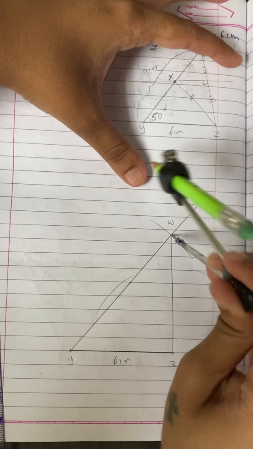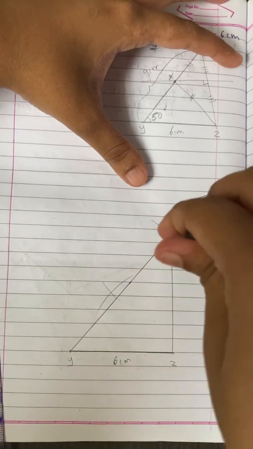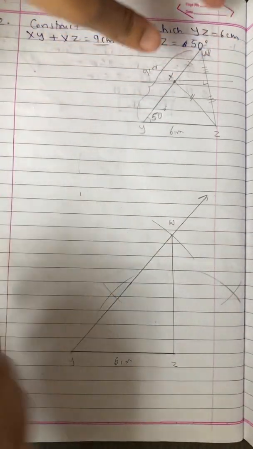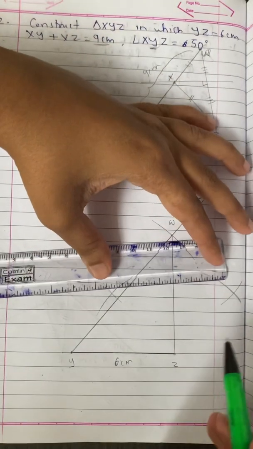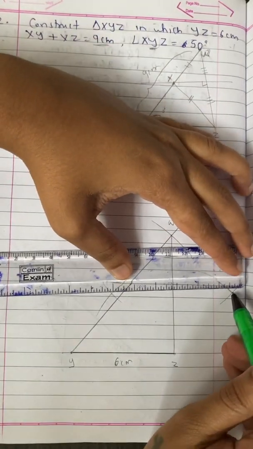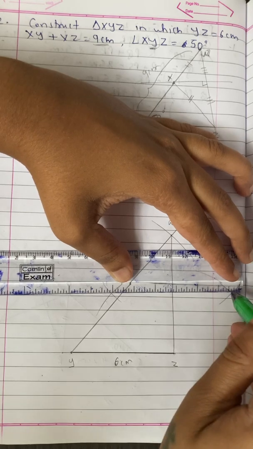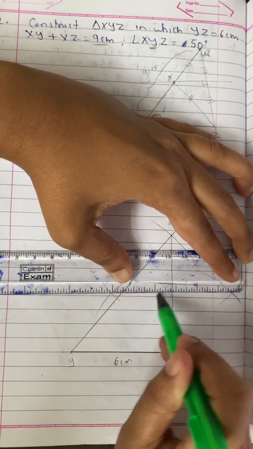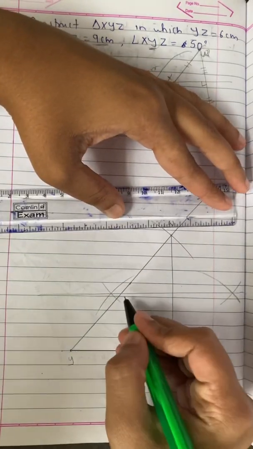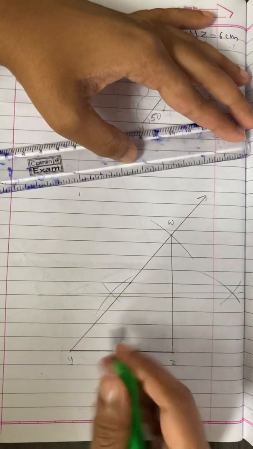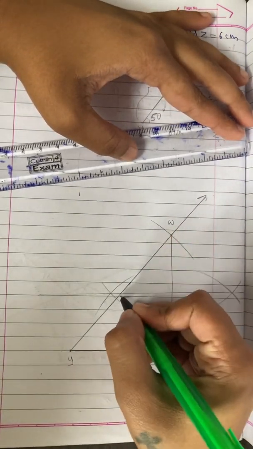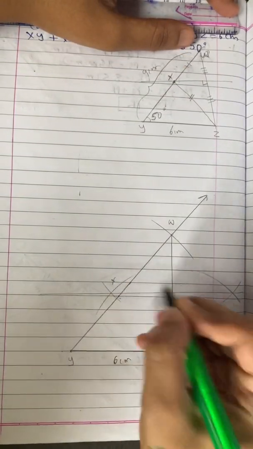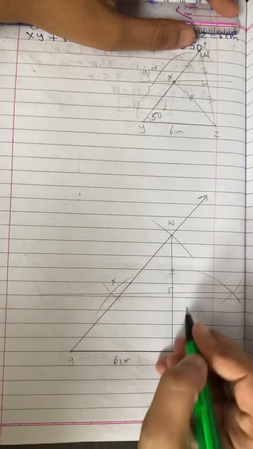More than half. Draw an arc. I just hope this comes properly, thank God. I thought that this will go beyond this, but now I get 2 points and I have to join these 2 points. I get this point which is there on segment or side YW. So this point will be point X. So this is the perpendicular bisector.